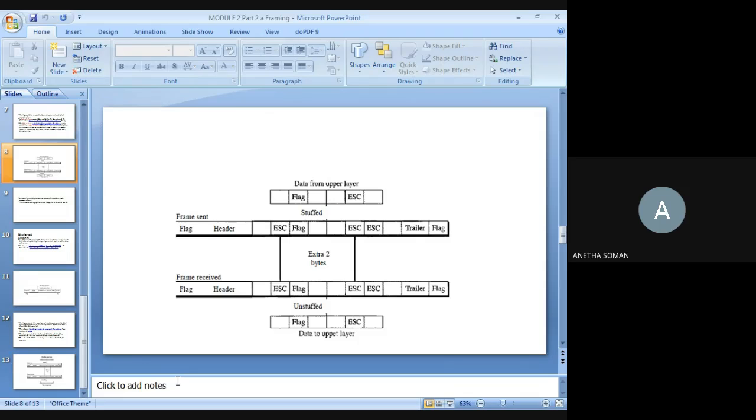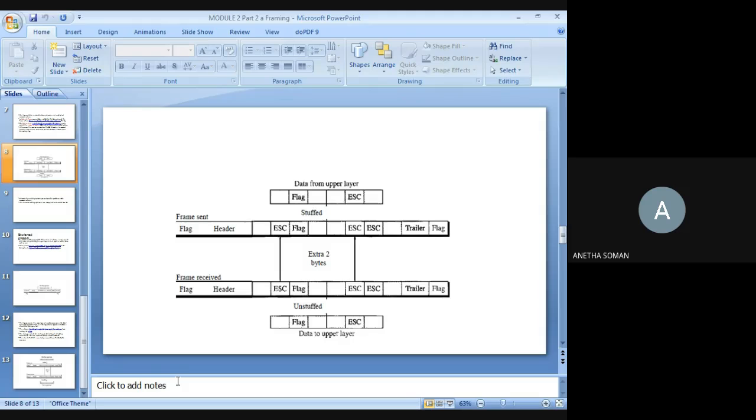Right? So byte stuffing, in short, is the process of adding one extra byte whenever you have a flag or an escape character in the text. So that is the concept of byte stuffing. Very, very important. It will usually be asked: what is the frame format, what is a character-oriented protocol, or what is byte stuffing, explained with the help of a frame format. All of these will be asked every time, so you should write it clearly, right? I'll dictate what you have to write for all this.